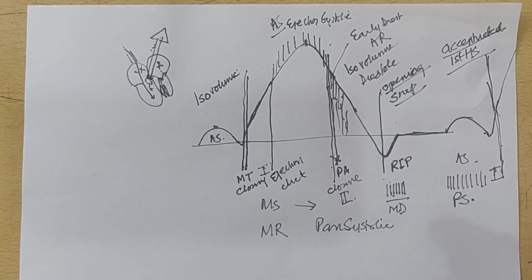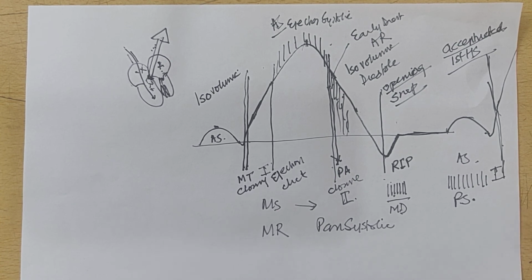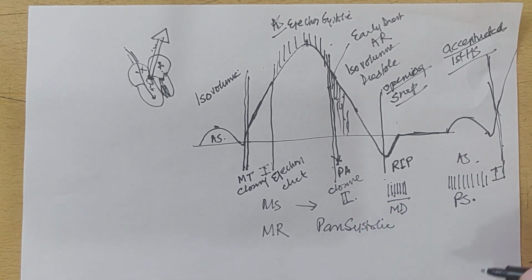And of course, right-sided murmurs are best heard in the parasternal region. The aortic stenosis murmur, you can hear it in the aortic area, and it is going towards the carotid vessels. So the site where the murmur is best heard and in which direction it is going is important.